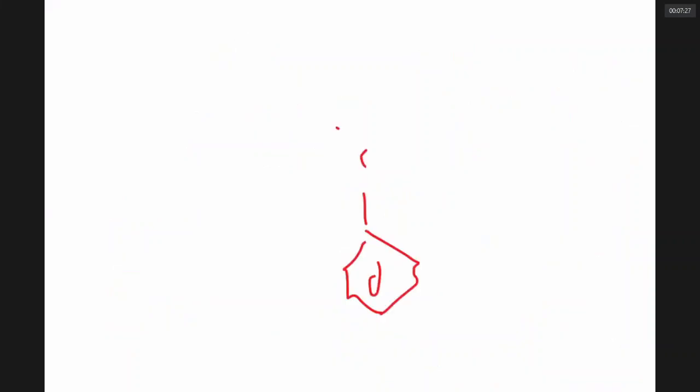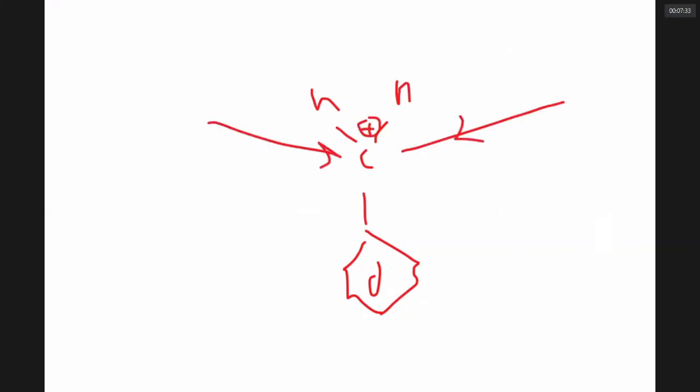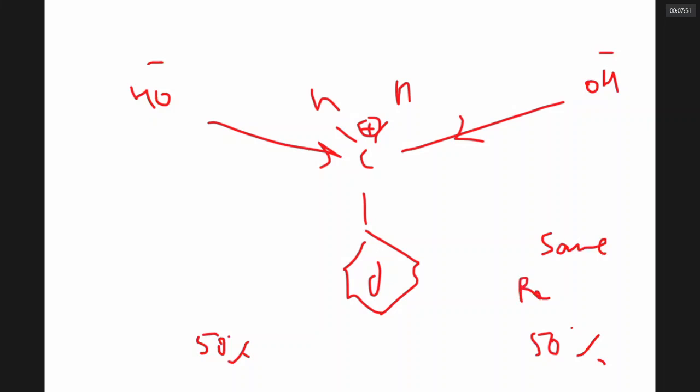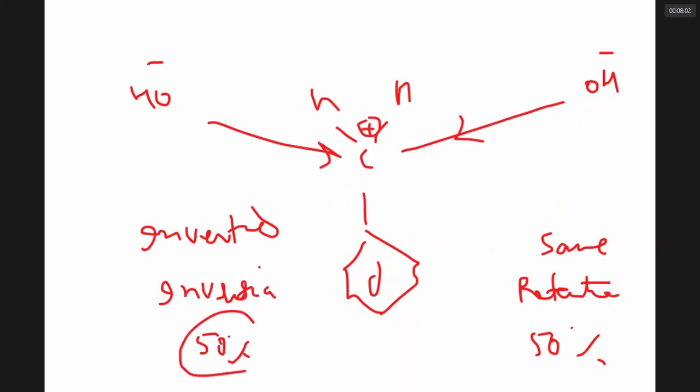The carbocation has a lot of space to be attacked from front side or from back side because there is no spatial obstruction. Therefore, OH minus can attack from this side or from this side. This is a 50% possibility. This is a 50% possibility. So the product can have same configuration as parent. It is called retention. The product can have inverted configuration when compared to parent. It is called inversion. So roughly inversion 50%, retention 50% is SN1. We studied about all that.